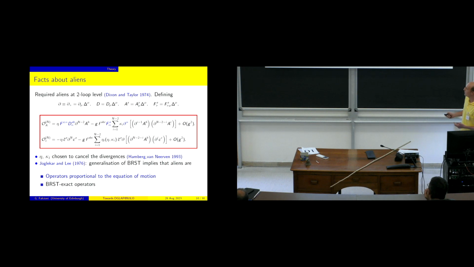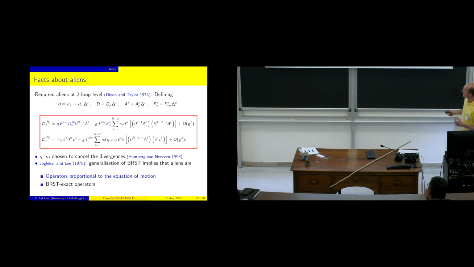The second piece of information that we have is a general theory on the renormalization of gauge invariant operators that says several things, but the take-home message is that you need two sorts of ingredients. The operator must contain the equation of motion, and you can see the structure here. If you integrate by parts, you get the DF here and the DF here. So you can think that Dixon and Taylor started to construct the operator by taking DF and adding one or two extra gluon fields with an appropriate number of derivatives.